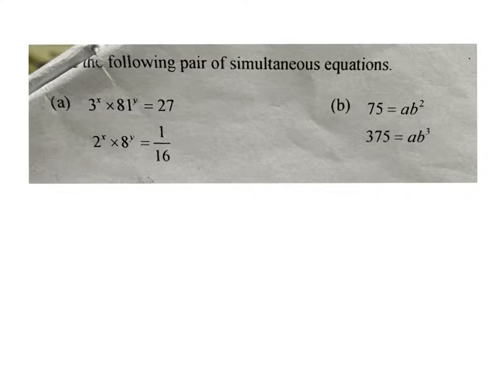This is again about simultaneous equations that involve the use of indices. So how do I know? By observing the equations, I see that the powers are all unknown. The powers are all variables. So then I'll think about it: maybe in order to cancel off the bases, I need to use the laws of indices to help me